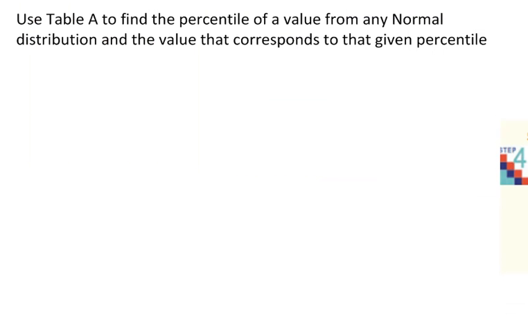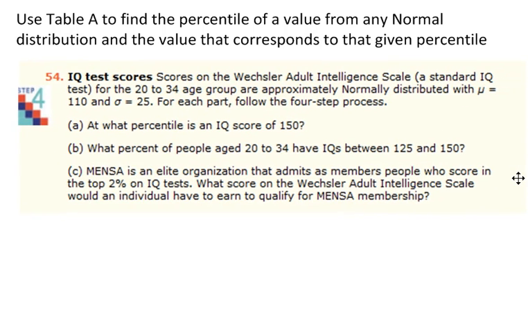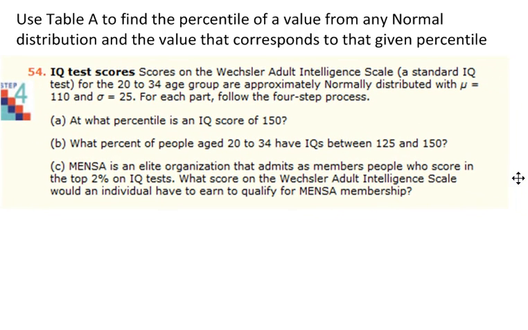So in your book, we're just going to do part of this, number 54, part C. What this table is telling me is that I have the Wechsler Adult Intelligence Scale, a standard IQ test for people. So they want the top 2%. Well, what percentile goes with the top 2%? 98th percentile. All right, so if I go and find the area under the curve for 98, whatever the z-score comes out to,